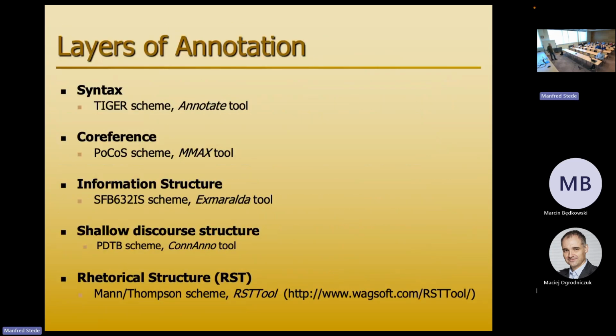Okay, layers of annotation. We have sentence syntax. The Tiger scheme has been used for different German corpora for a long time. We have coreference. We have information structure, which is focusing on topic. We have shallow discourse structure in the sense of the Penn Discourse Treebank, which is an alternative view on discourse structure, a less ambitious one in the sense that PDTB doesn't do a full tree structure, but only local relations, which is actually a good idea to start with, I think. And then we have the eRST